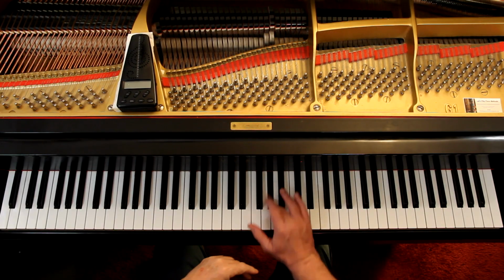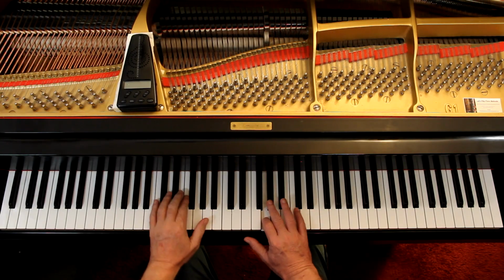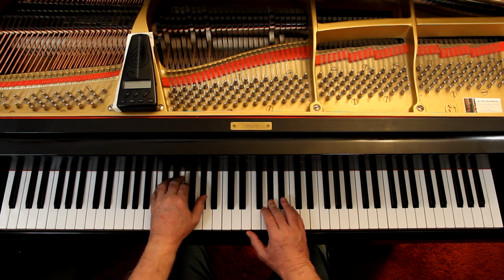So, loud. Here. One of the things we can do, and this is part of interpreting the music, because these dynamics in here, they're just guides. They're general guides to go by. At measure 9, I can come down sort of soft and land on that. I got more room to get louder if I start a little softer. So here and then